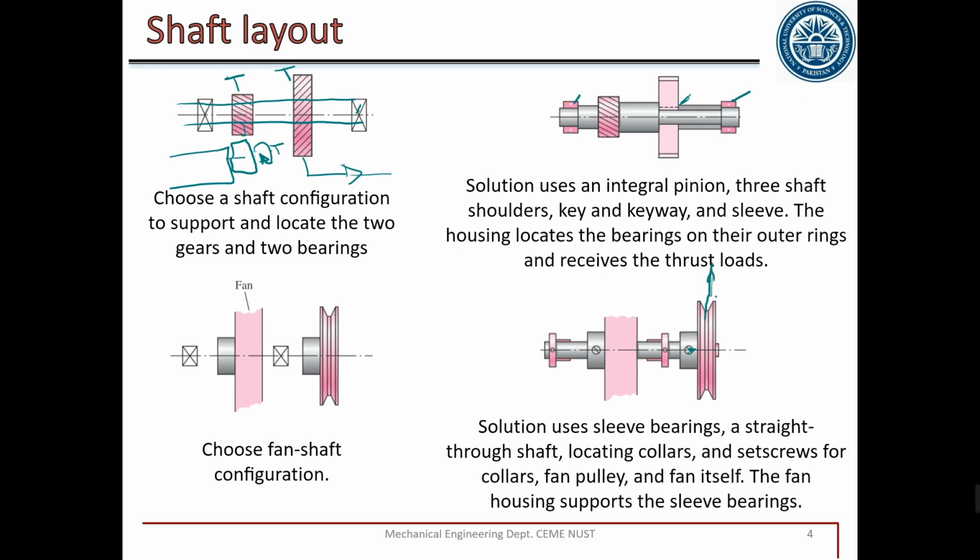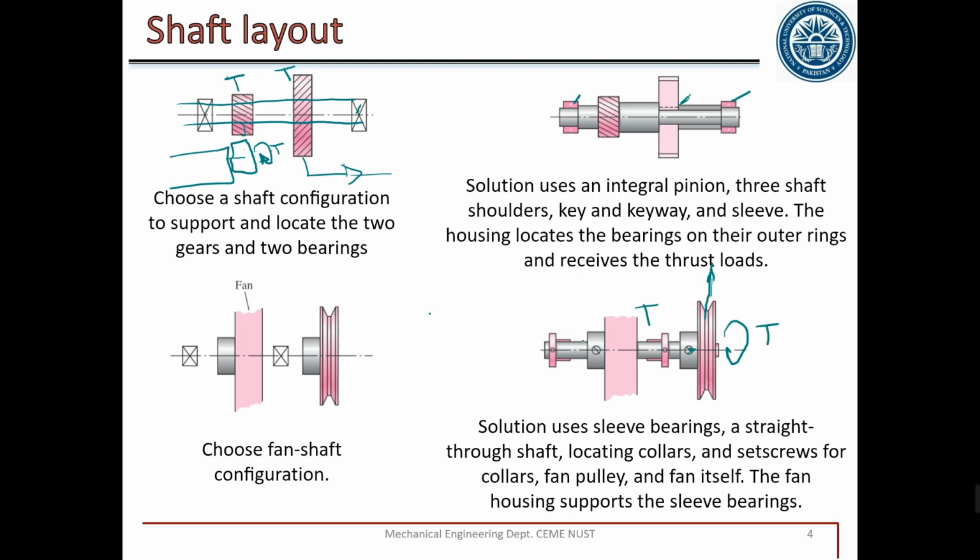There is a belt in the pulley which is causing this pulley to rotate. When we attach a shaft, this shaft rotates at the same RPM as this one and causes the fan to rotate. So we have to design this shaft. The position of the bearing is usually calculated. We need to calculate where to put the bearing and what type of bearing to place. And what is the function of bearing?